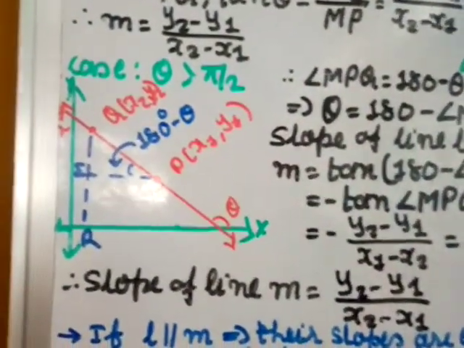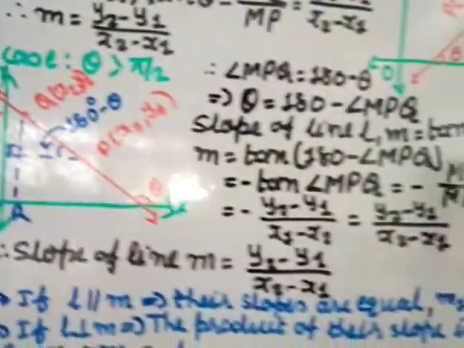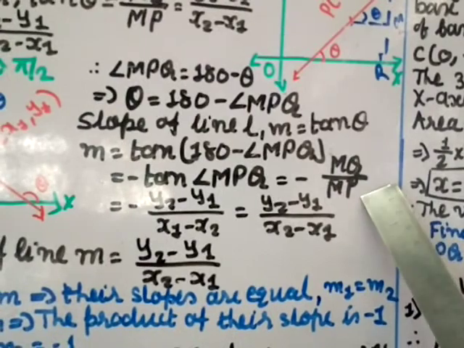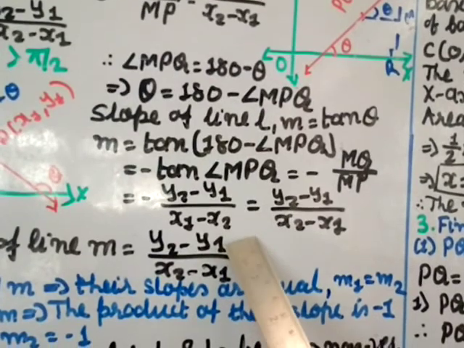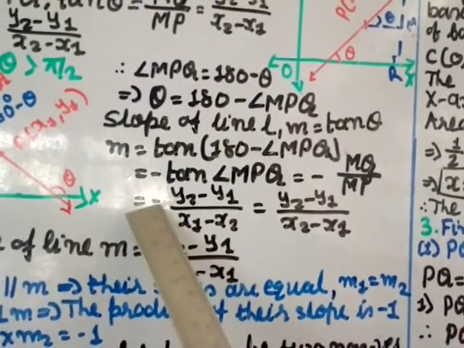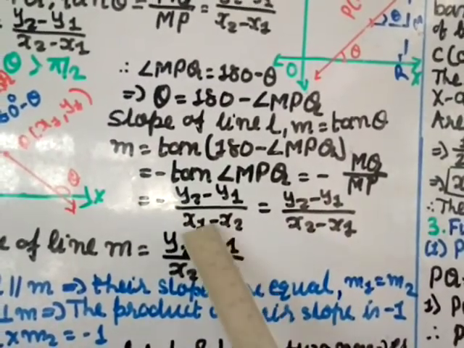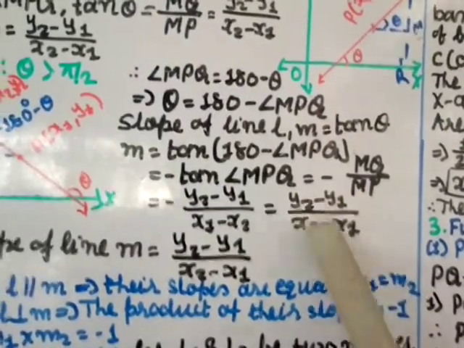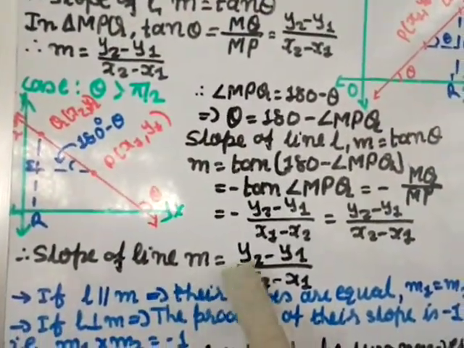Okay, so this minus, in this you apply the trigonometric ratio of tan. So we can write this as opposite side, that is MQ, divided by adjacent side, that is MP. So this minus remains, and this value will be, by applying the trigonometric ratio, MQ by MP. And MQ will be y2 minus y1 and MP will be x1 minus x2. This minus you give to the denominator. So when you give it here, x1 becomes negative, and minus and minus is plus, x2 becomes positive, I write first. So we get y2 minus y1 divided by x2 minus x1. These both are coming the same value. So therefore the slope of line M is equal to y2 minus y1 divided by x2 minus x1.